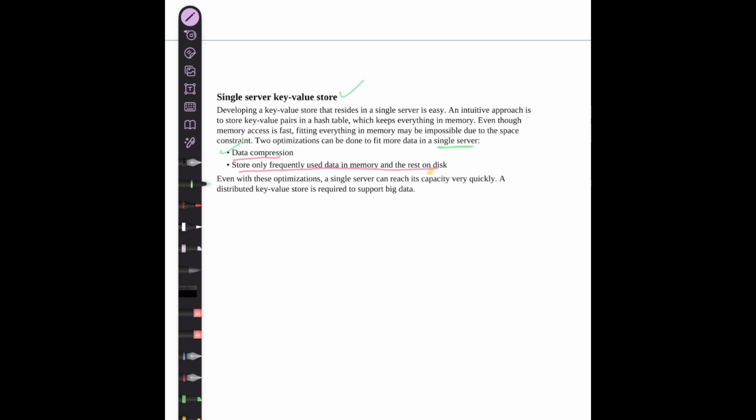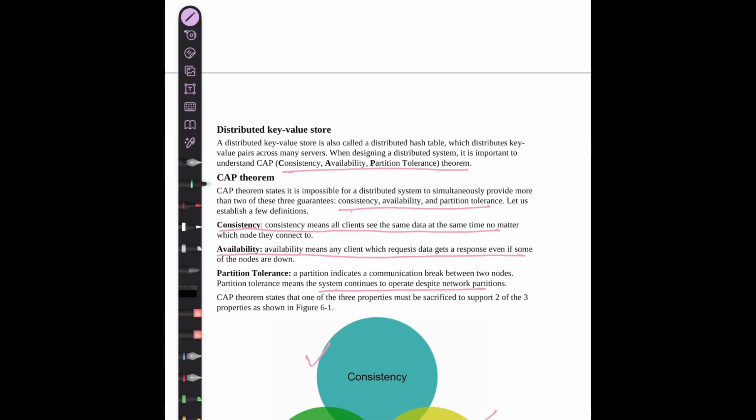And the other thing is, since you're storing everything on a single server, you can't keep calling disk every time. So you can maintain some sort of cache, and for the frequently used keys, you can directly call that cache. But that is all when we talk about a single server, and we know this doesn't work this way. The data is increasing rapidly, and then you deal with distributed systems. So let us better talk about that.